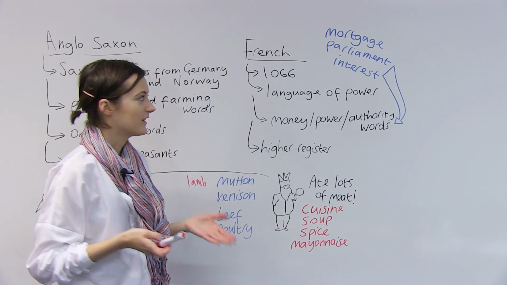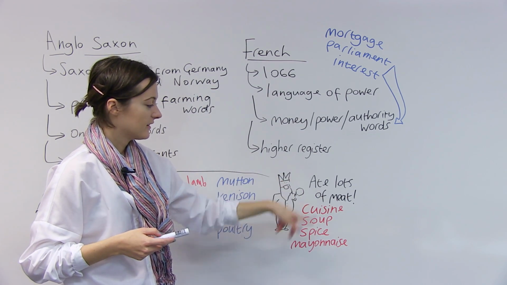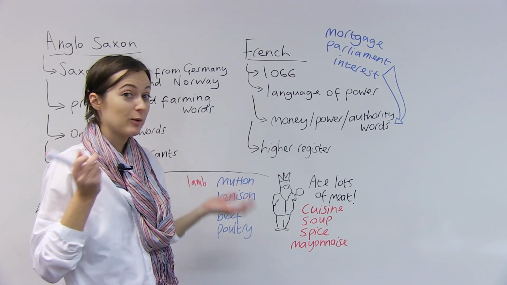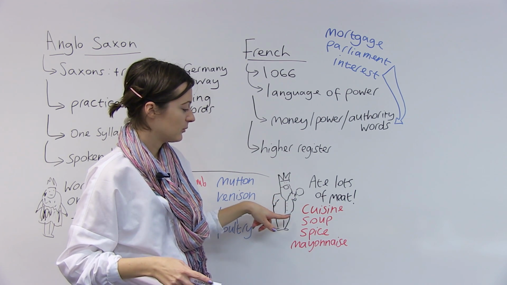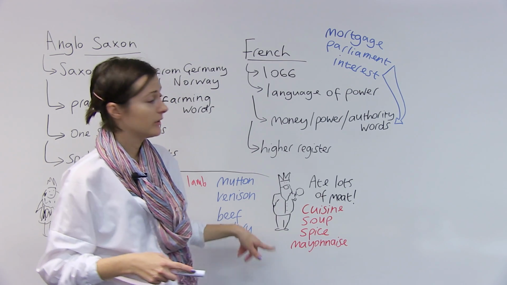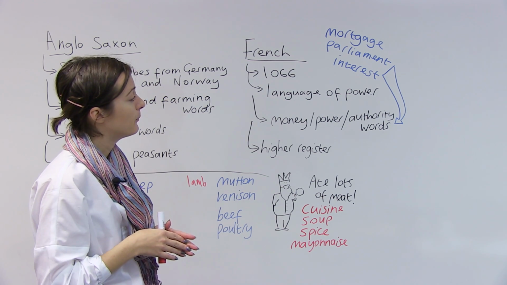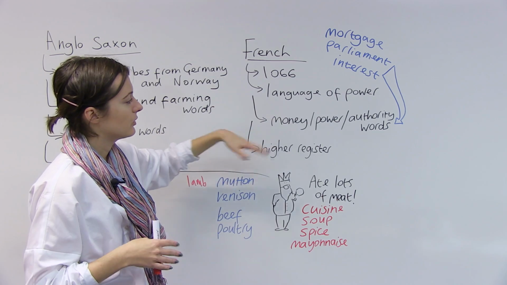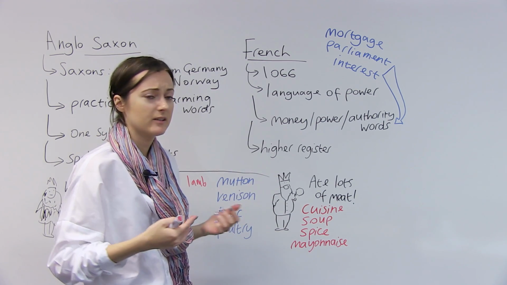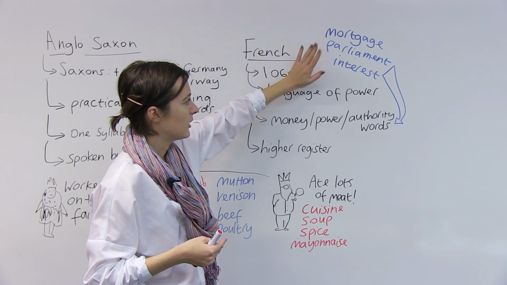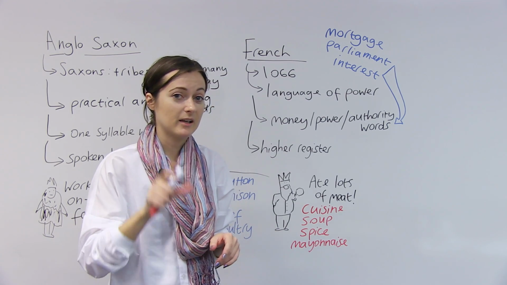We can also thank the French people who came and conquered us in 1066 for the words that they brought into the language to do with food. I don't know what the peasants of that time ate, but French brought us lots of words like cuisine, soup, spice, mayonnaise. So we still always take a lot of cooking words from French. Plus, as I said to you, the French were in positions of power. That's the reason why so many of our words to do with finance and government come from French. Mortgage, parliament, interest. When we come back, we're going to look at some more specific comparisons of Anglo-Saxon and French